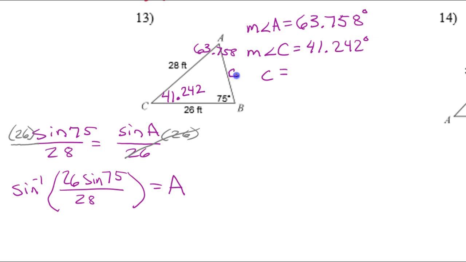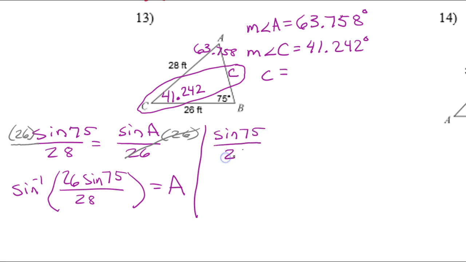Okay, now that puts me in a good position to find side C, because now I can do this ratio for the law of sines. Of course, I'm going to start out with the same ratio I used the last time. So I'm still going to do sine 75 over 28. This time I'm going to do the sine of angle C, so the sine of 41.242